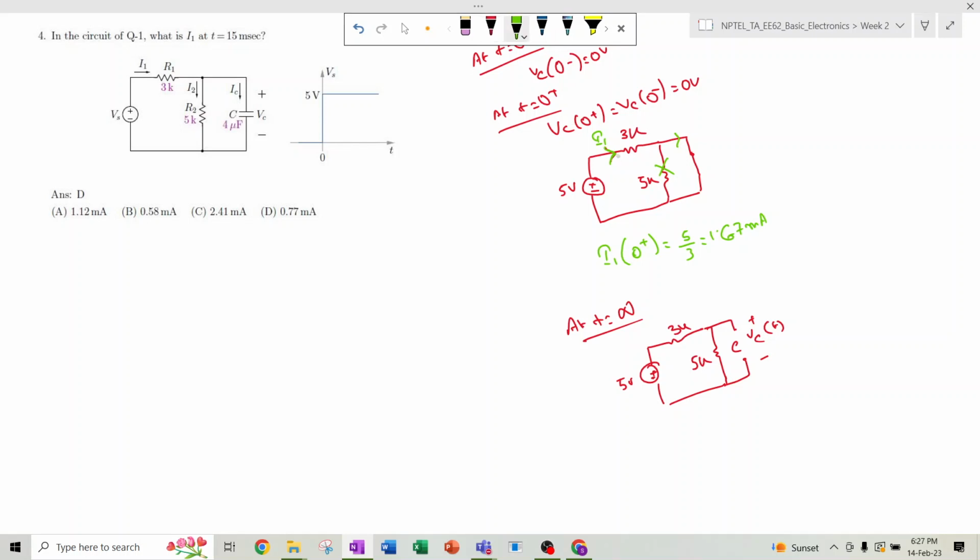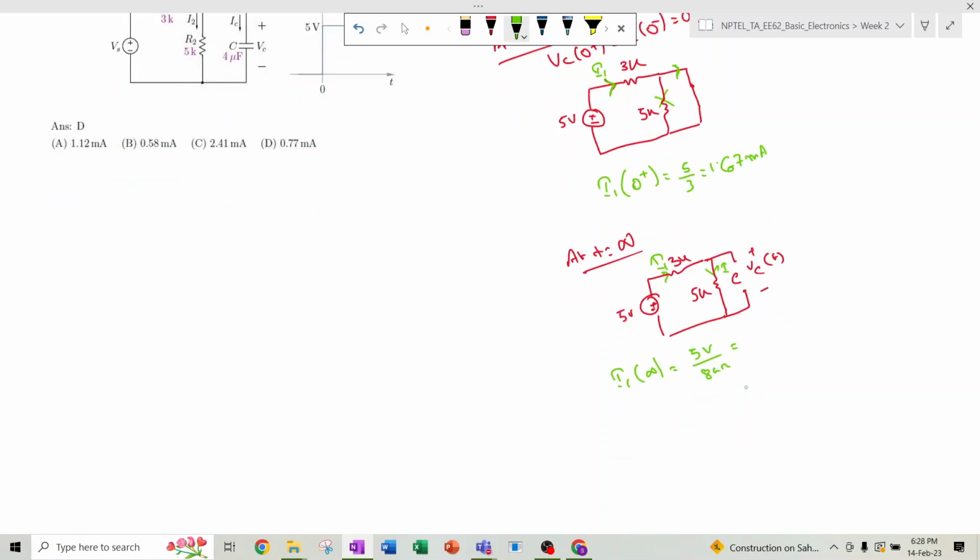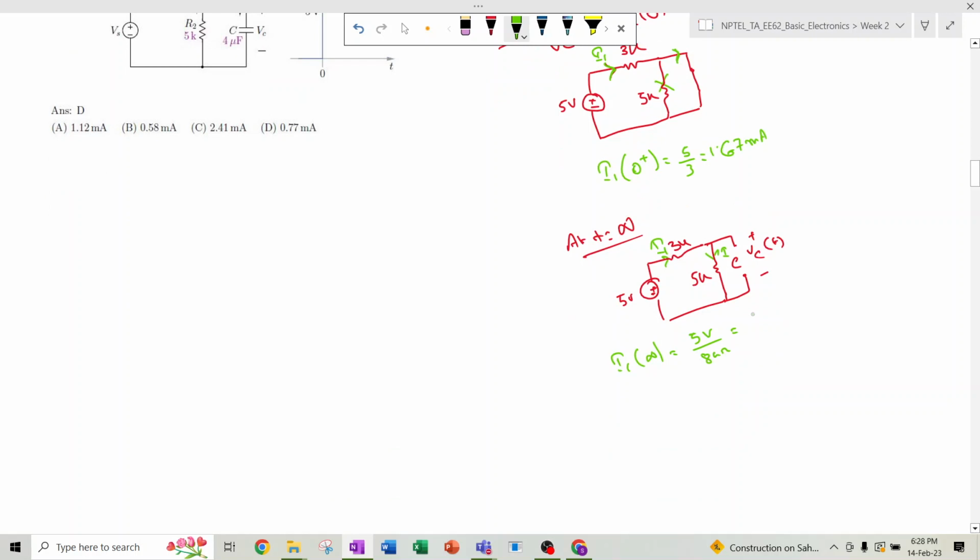Earlier the entire current was going this way because there was a short circuit path, and now it has an open circuit path. So the current will flow from this side, and as this is open, it will not flow from that side. So I1 at infinity is equal to 5 divided by 3 plus 5, that is 8 kilo ohm. So 5 volt divided by 8 kilo ohm, which is 5 divided by 8,